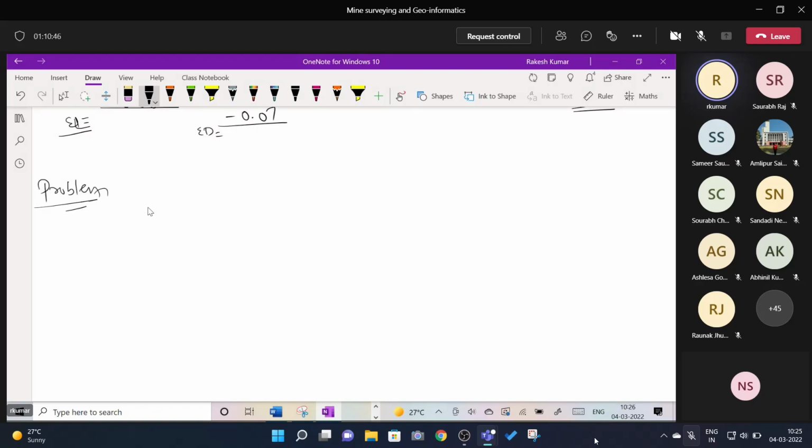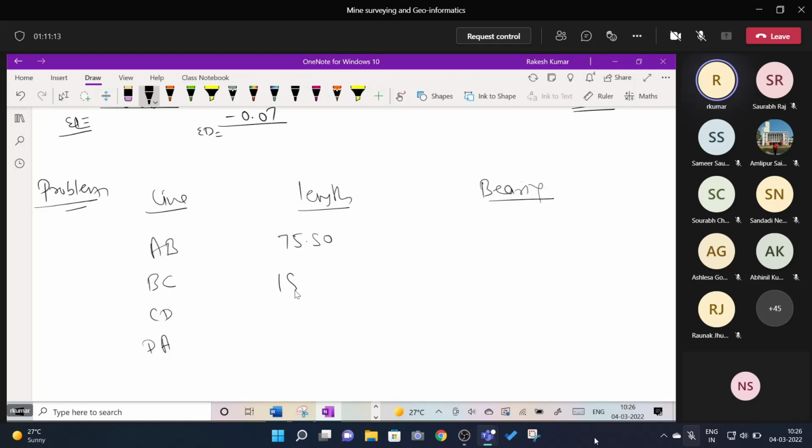You have to find the line, this is length, and the bearing is given to you. Lines AB, BC, CD, DA are there. This length is